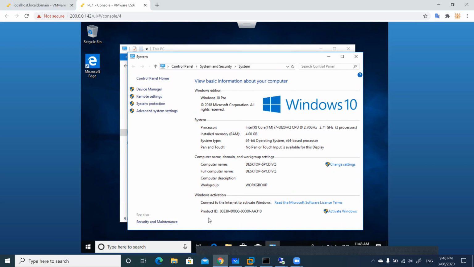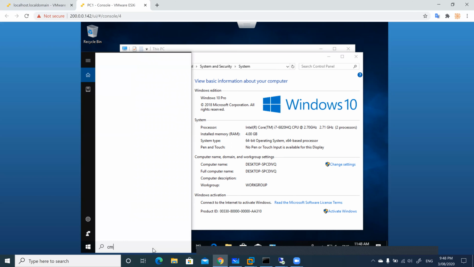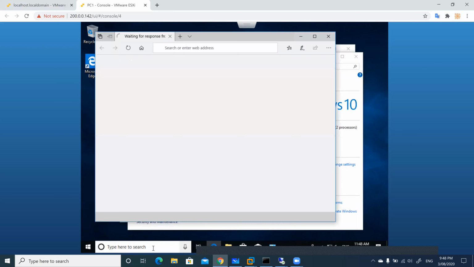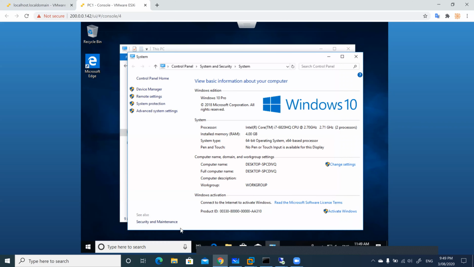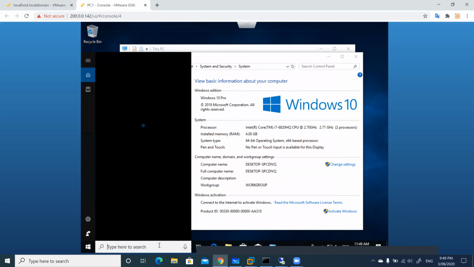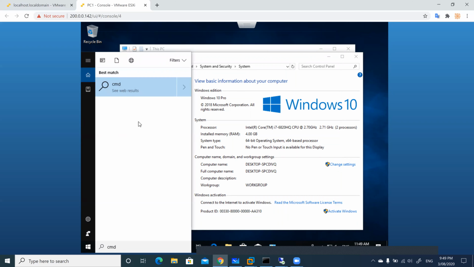All right, so let's see what IP address it has got. ipconfig. Sorry about this, the VMware.